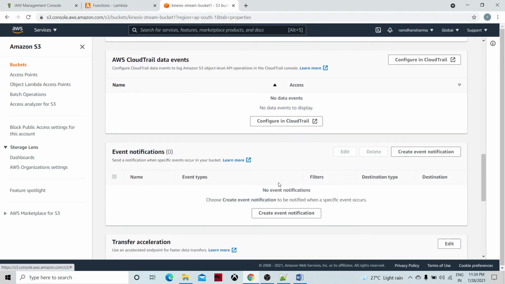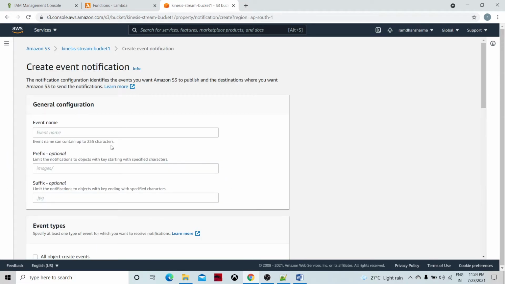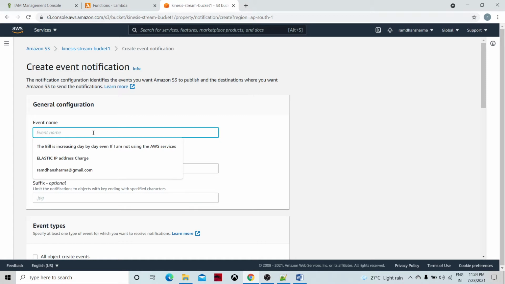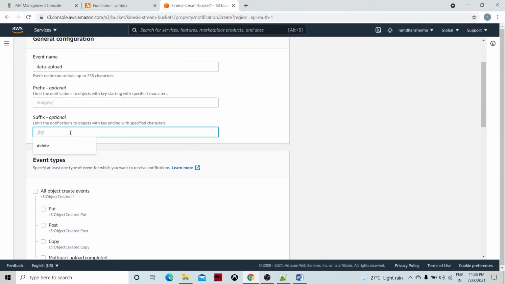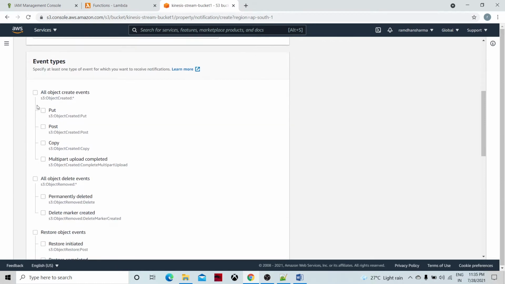We need to notify the Lambda function that something has happened in the S3 bucket, that somebody might have placed data into the S3 bucket. So event name, let's say file upload, data upload, and let me limit the suffix to .log files.